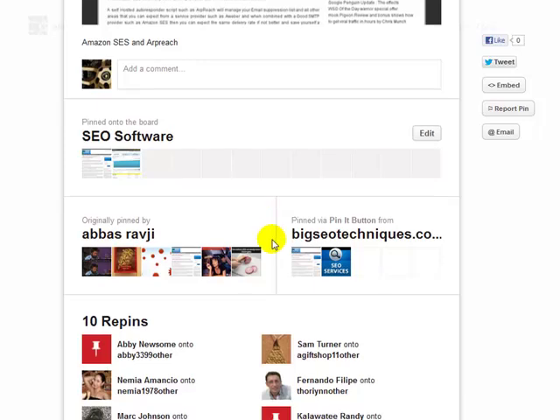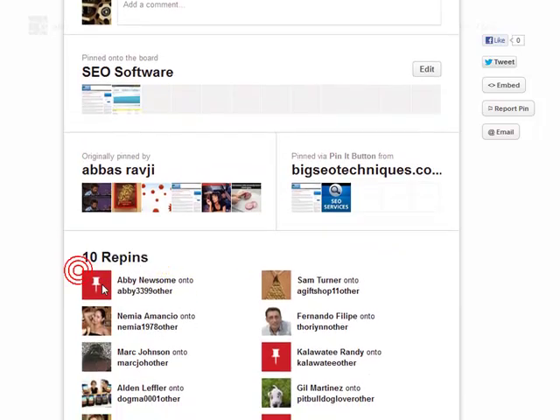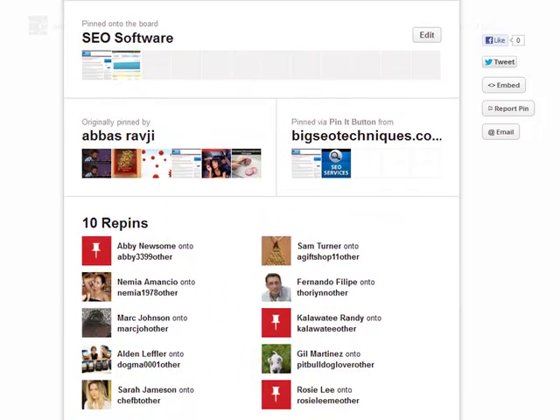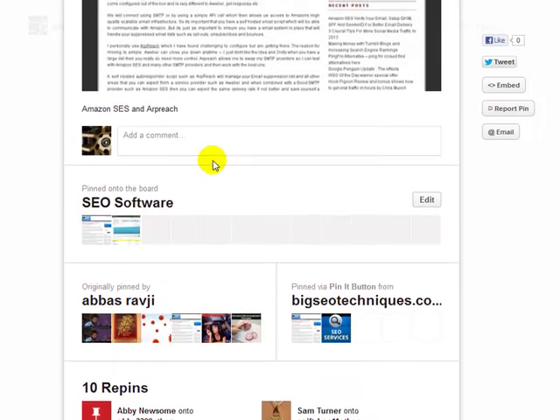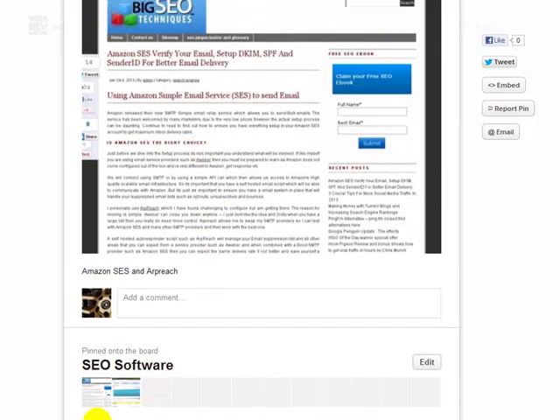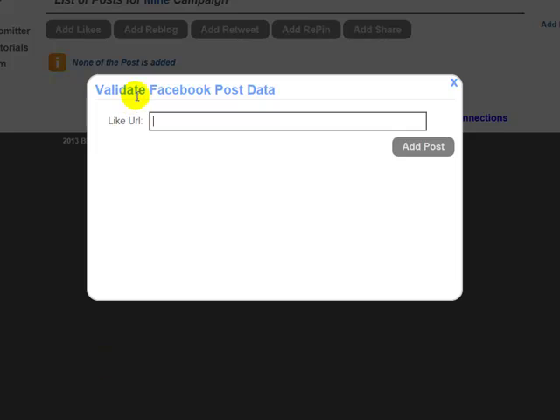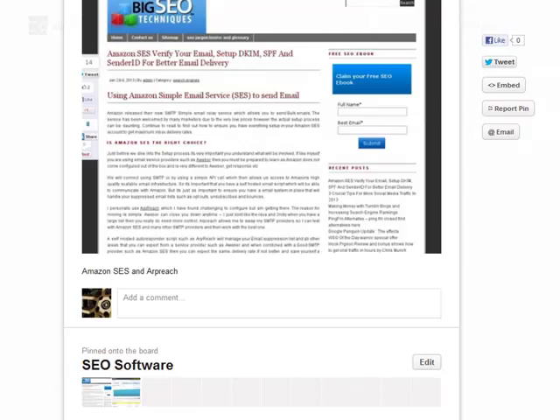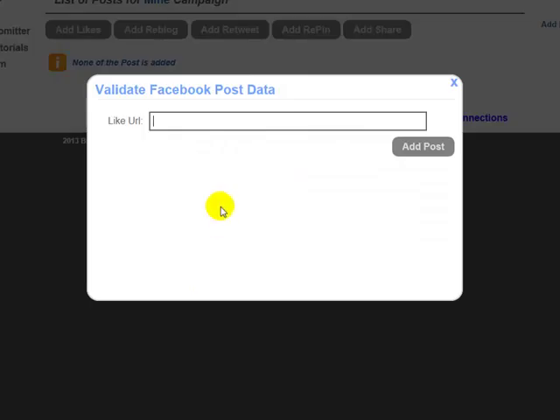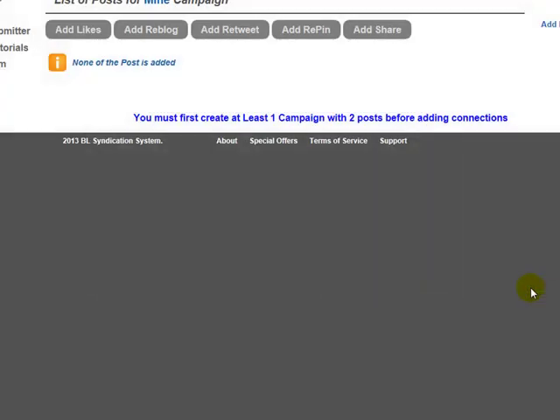And this is another one, and this one's got 10 repins, and this was running yesterday and it was running today as well. So as you can see, we've got 10 repins on this as well, which is fantastic. So I'm going to show you how to set this up now as well. So with Facebook, guys, you'd have a Facebook page URL that you're looking to increase your likes on. Alternatively, you can have a normal URL, like you could enter your bigseotechniques.com website in here. But if you are going to do that, then just ensure that you've got a widget on there as well,